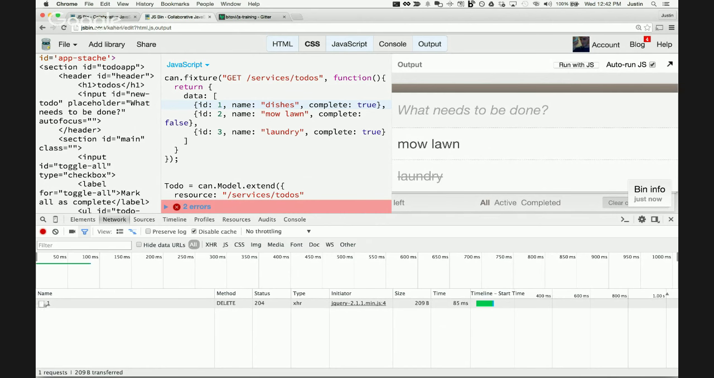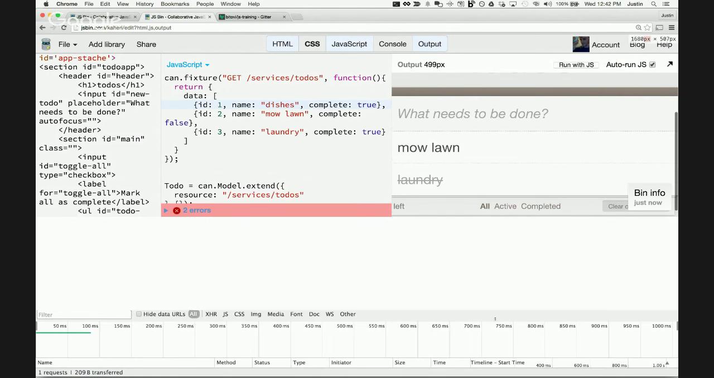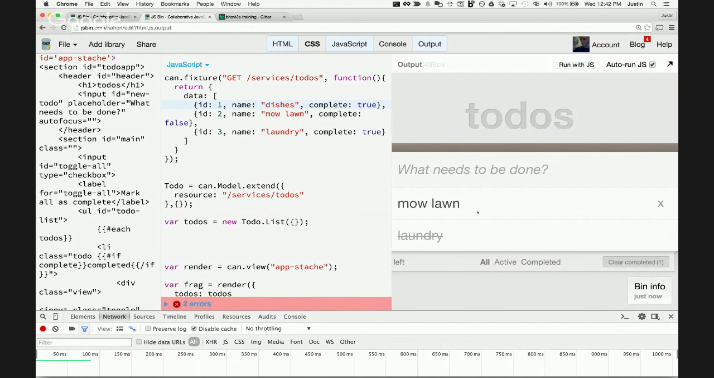Okay, see, it tried to delete this, but got a success back. So I guess that's just JS Bin always returns success. And you'll notice if it got a successful response, which it did, the to-do is removed. That's one cool thing about CanJS lists or model lists, which to-do.list is a model list,